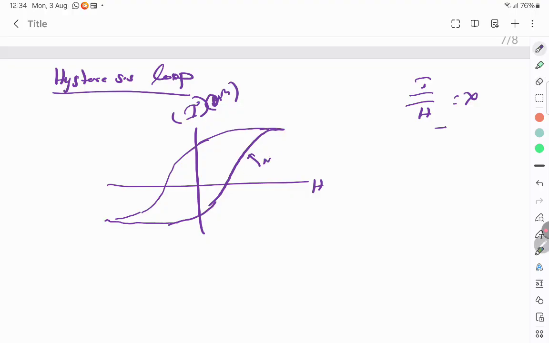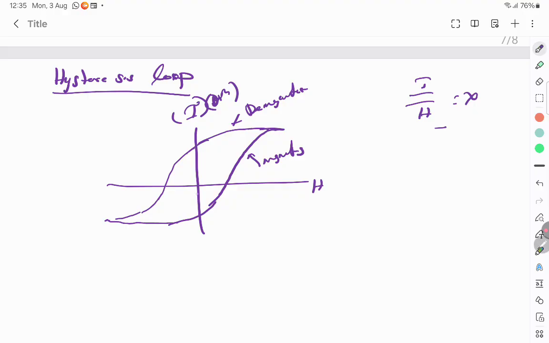This is magnetizing, and this is the path taken when demagnetizing. The paths for magnetizing and demagnetizing are not the same, because there's some amount of loss of energy in the form of heat or whatever. So in this, if you see,